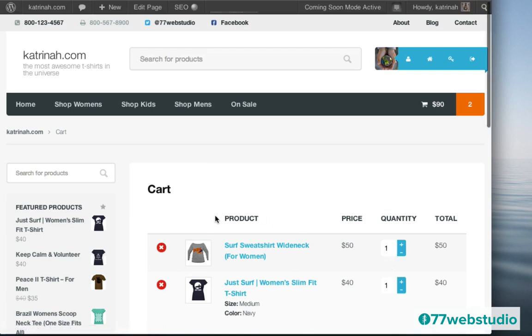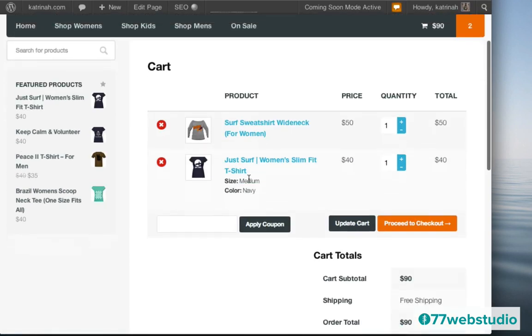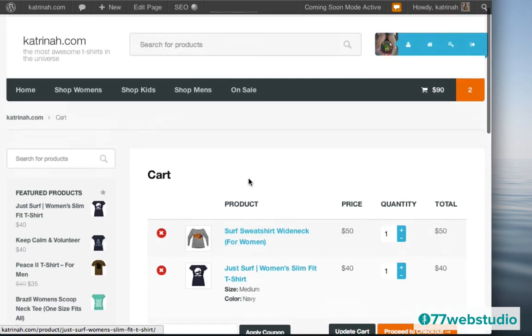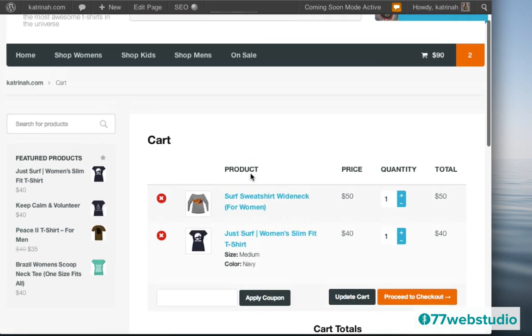And here we're on the cart page. So when I scroll down, also keep in mind right now I have this sidebar. It's usually not a good idea to have a sidebar on a shopping cart because you don't want anyone to be distracted from completing the purchase process. So let's edit this page. I want to get rid of the sidebar on the shopping cart.